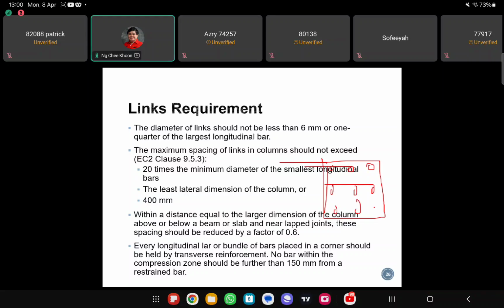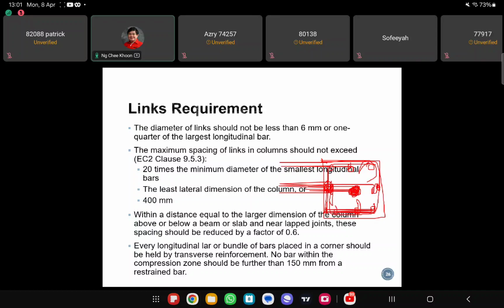Let's say you need reinforcement in this column like this, 9 bars. So all these corner bars, you should provide full links that restrain, that is, tied to the bar. And then this bar is also tied to this link here. So this bar is also tied to this link here. So you have one unrestrained bar, so no link is restraining this